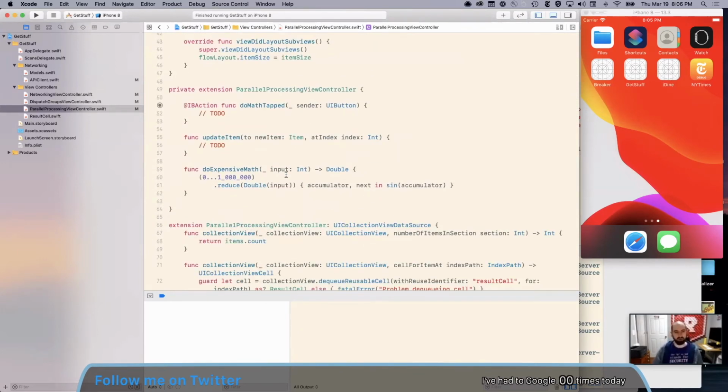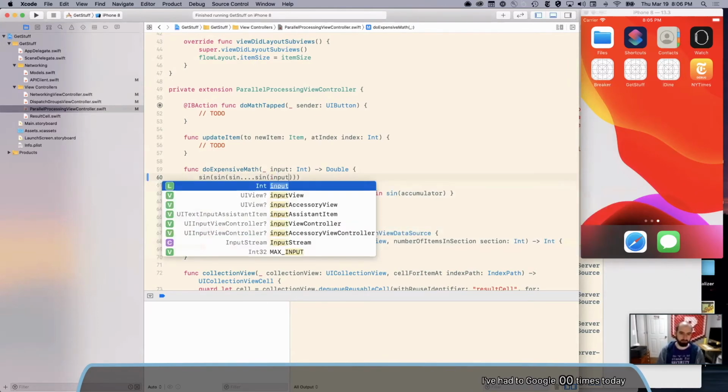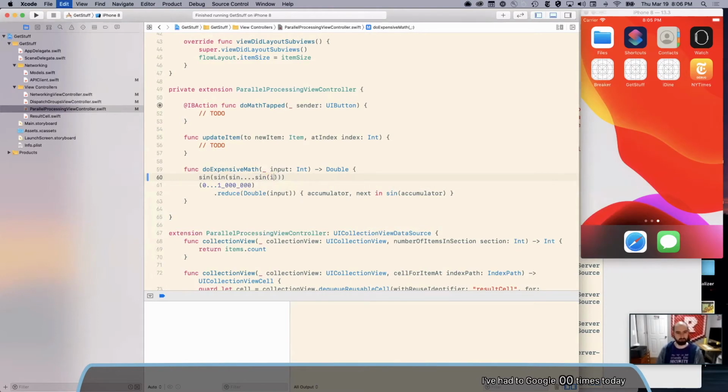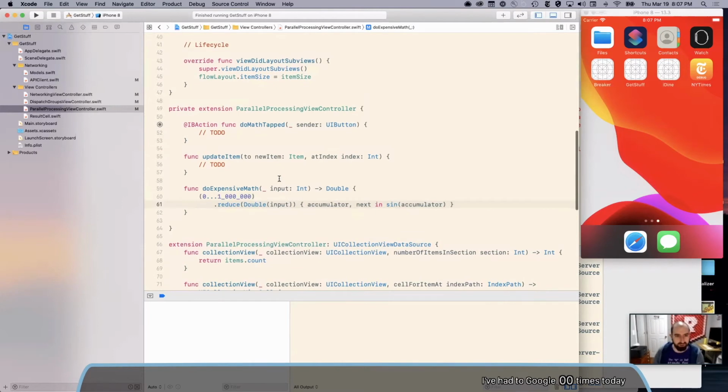What we're going to be doing is some arbitrary expensive math function. What I'm actually doing is I'm taking some number and I'm taking the sine of it 1,000,000 times. So it's like sine of sine of sine of sine of the input of this function. That wasn't real syntax. I was just illustrating. Anyway, it's just whatever math function. You can put anything in here. I wish I had a better example, but this is what we got.